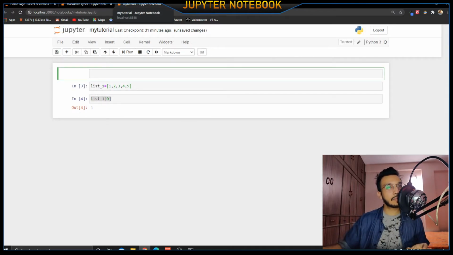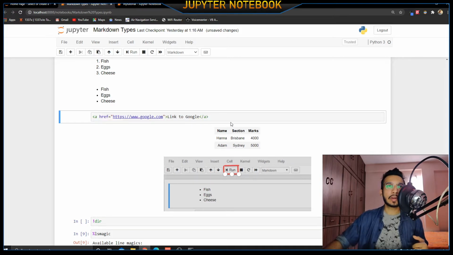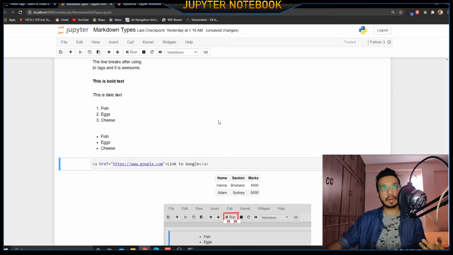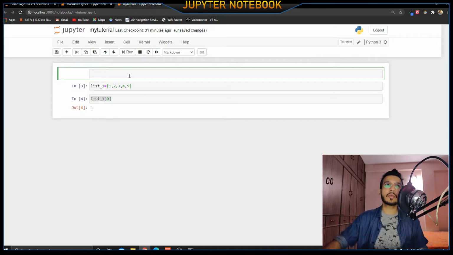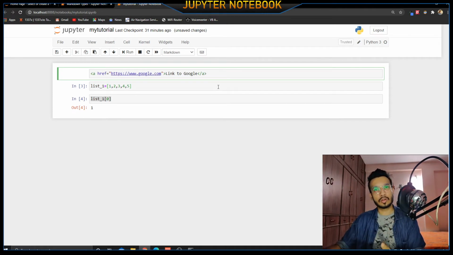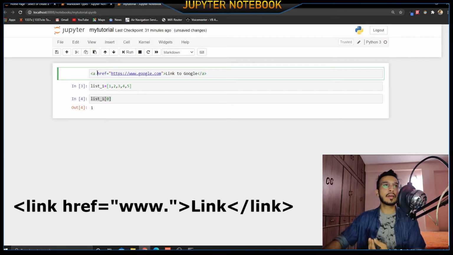So the next thing we'll be covering is the link. You must be wondering how people show links, and the moment you click them, you can go to any place, and they can redirect you to any other site. Well, for that we have a markup language, and we use the A tag. For example, if I want to redirect all of you to the Google site, I would just have to use the A tag, the enclosing A tag, give an href, the target site I want you to go to, and you can click here.